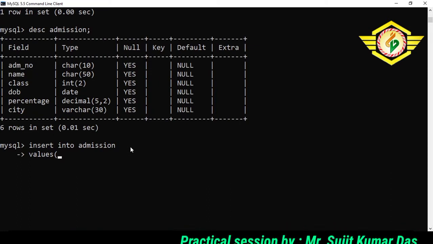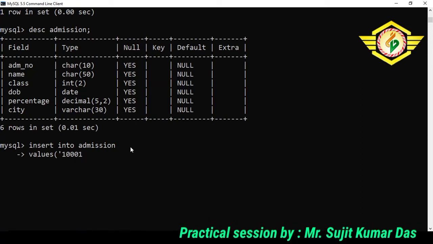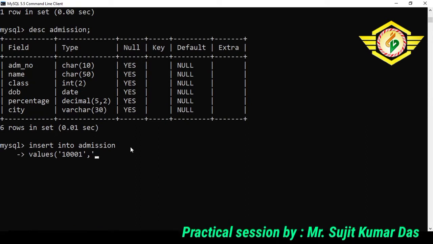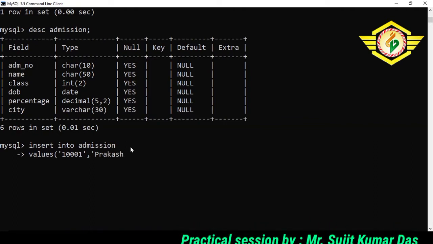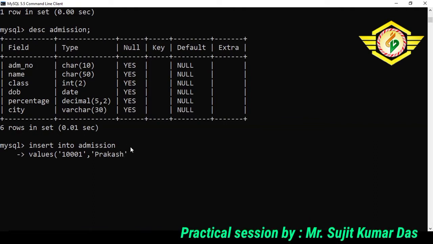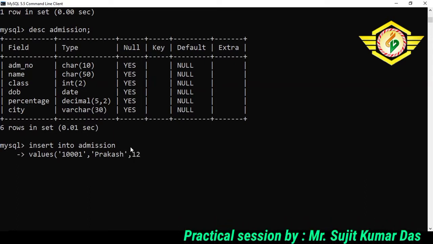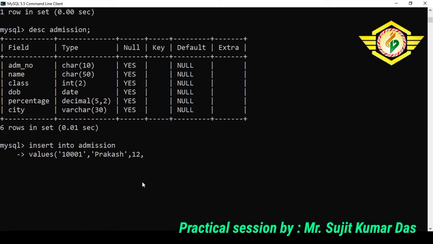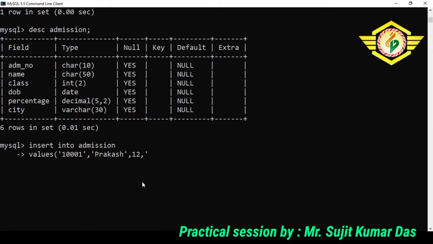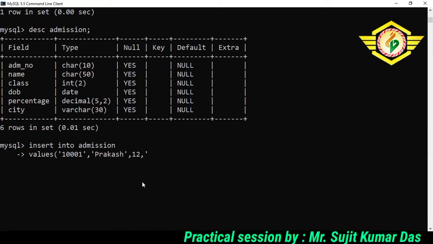So we have the admission number, then we have name of the student, then we have class. This is integer, so we will put integer values. Then we have date of birth, that will also be enclosed inside quotes, and the format must be remembered, that is year, month and date.